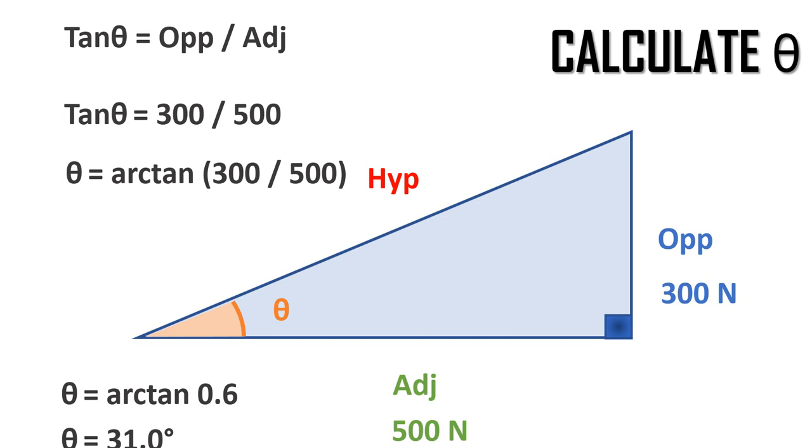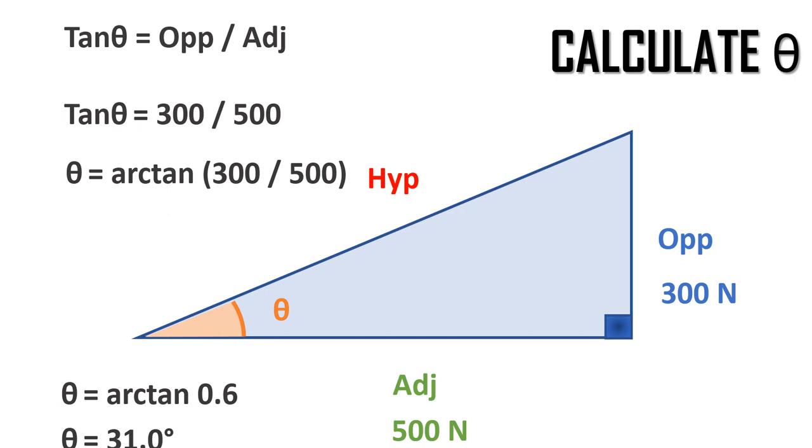So whilst this might seem confusing, and this is going to be very much a whistle-stop tour of trigonometry, it is just a case of pressing a button. You can get away with not knowing what your calculator is doing. We've just divided 300 by 500, hit arctan from that answer, and got this angle here, theta, in degrees, and